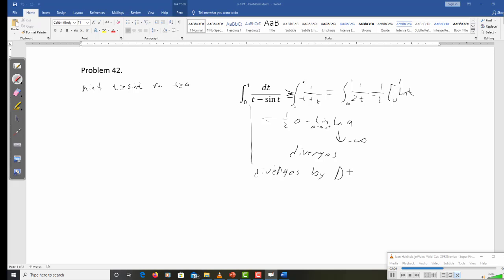by DCT. In this case, though, I think I would just compare it with 1 over t, because sine t isn't going to do much, because sine t only oscillates between -1 and +1. This is a divergent integral. We know that because we honestly just did it, more or less. So if we do a limit comparison, 1 over t minus sine t, and do the limit as t goes to